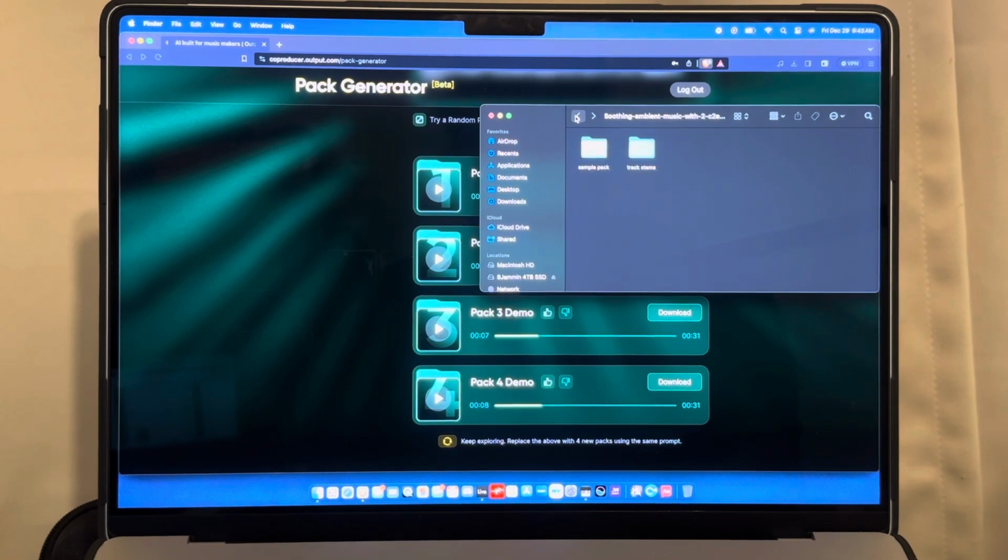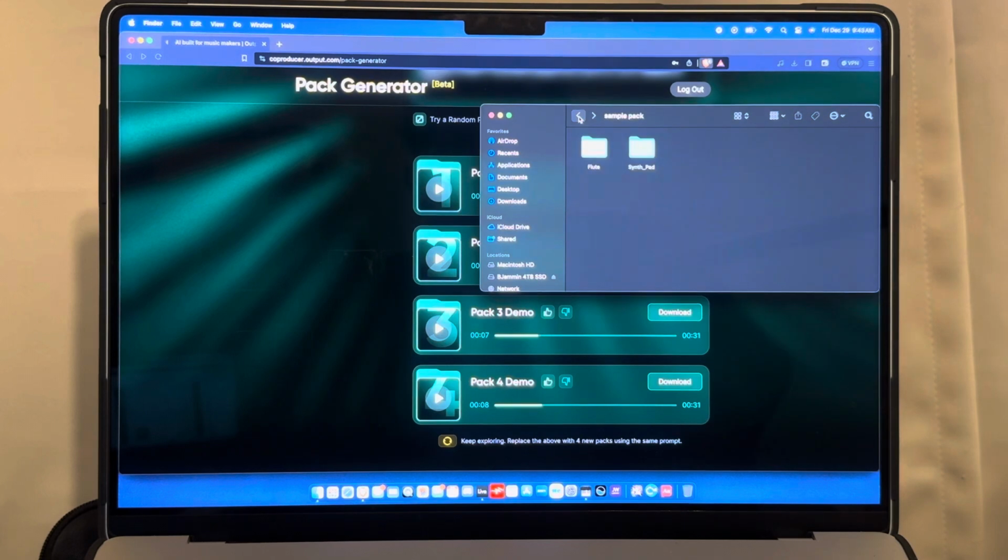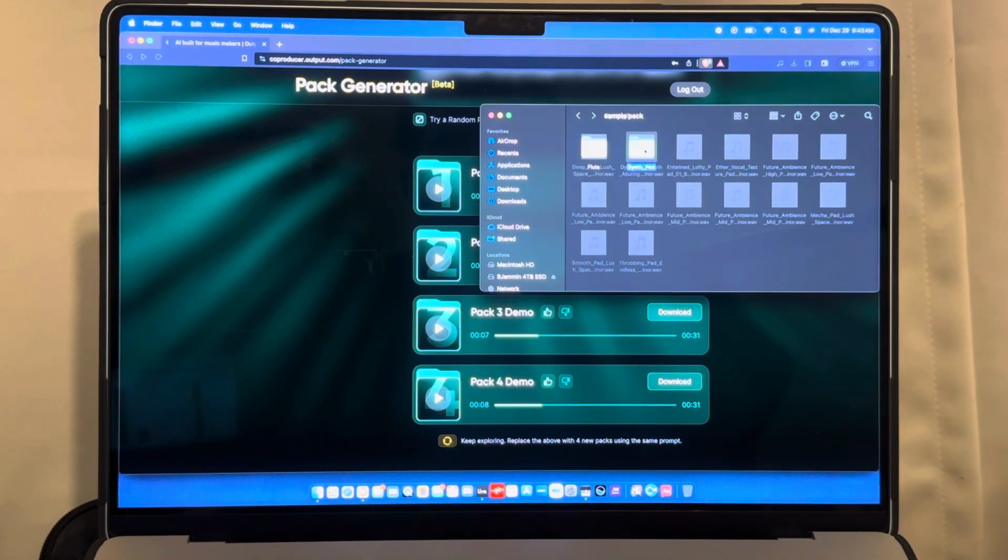All right, so there's your track stems. Here's the sample pack. You'll see there's flute and then synth pad. It's basically the same thing, but they give you all these different variations. I'm not sure if this is where they drew the idea from or not. Some of them sound the same. But what's cool about the sample pack I like better is that you could take